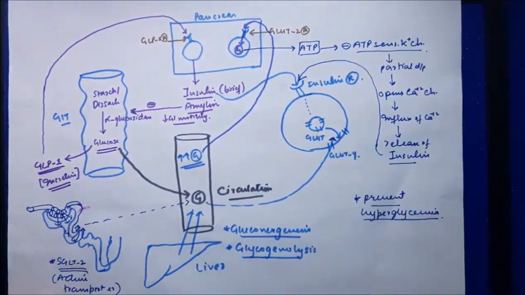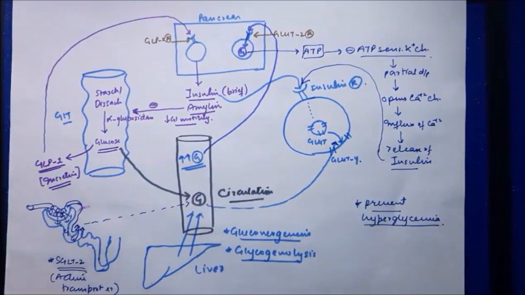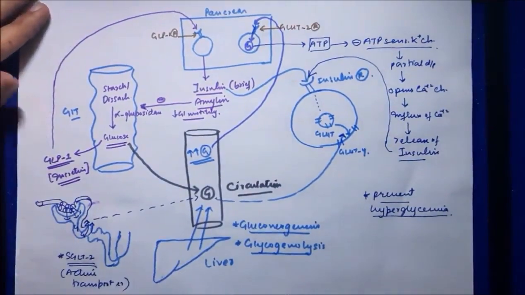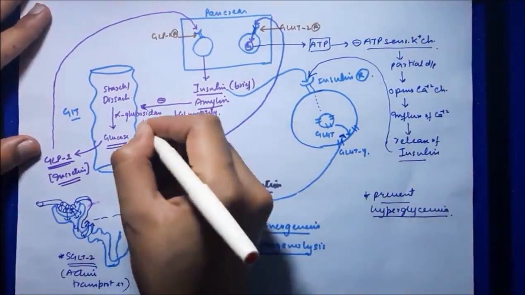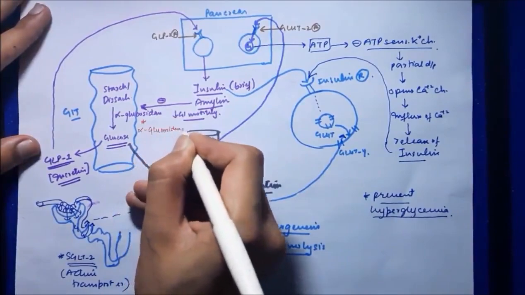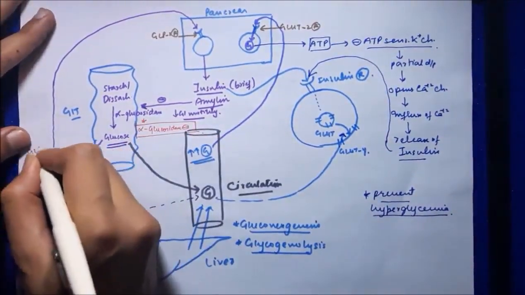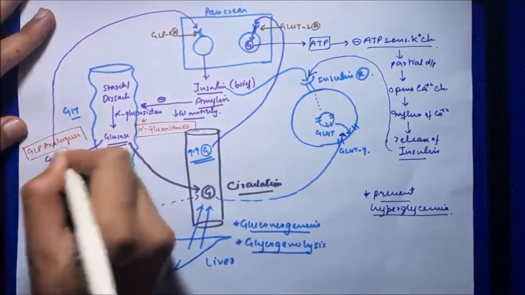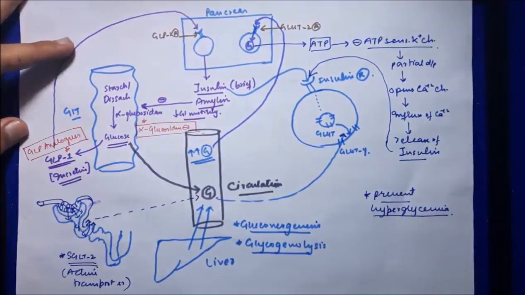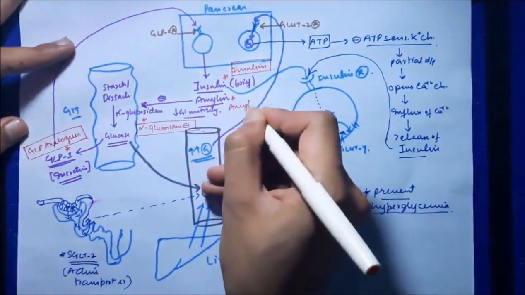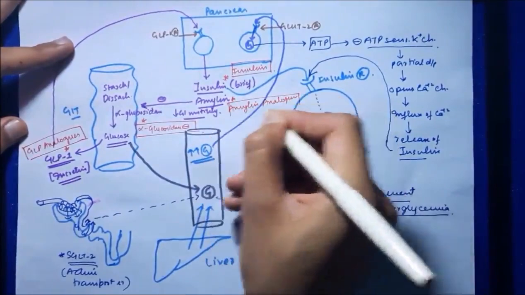Now, for the management of hyperglycemia or diabetes, we can use drugs which act at various steps in this whole process. So initially we can use a drug which will decrease the absorption of glucose itself. We can inhibit the enzyme alpha glycosidase by using alpha glycosidase inhibitors. This is a class of drugs. We can use GLP-1 analogs. We can also use insulin directly, which will produce the same action as insulin, or we can use amylin analogs.